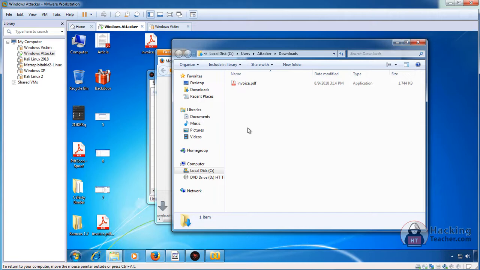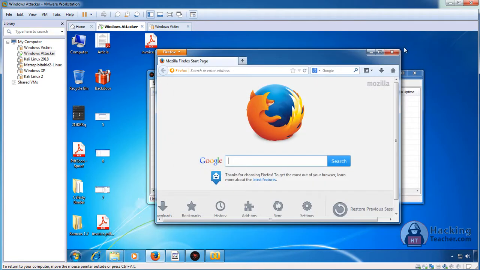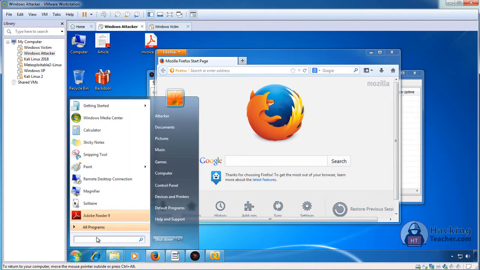So that's the thing I'm willing to explain. Now a question would be arising in your mind: can we make it a real PDF rather than looking like a PDF, or a real doc rather than looking like a doc? The answer is yes and no both. I'll explain why. We have to understand the science behind it. That's why I'm making this video now.